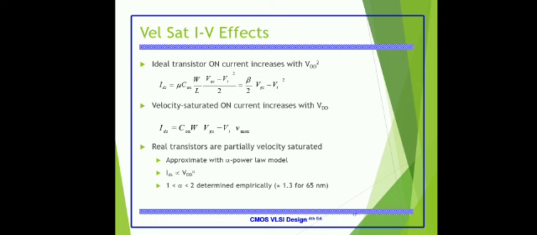Note that transistor saturation and velocity saturation are two different things, but they can both result in the saturation of the current through the channel with respect to the VDS. So we write this equation with respect to the length of the channel. The effective electric field for the same VDS increases with the decrease in channel length. The charge carriers of the short channel become velocity saturated at a lower VDS as compared to the long channel